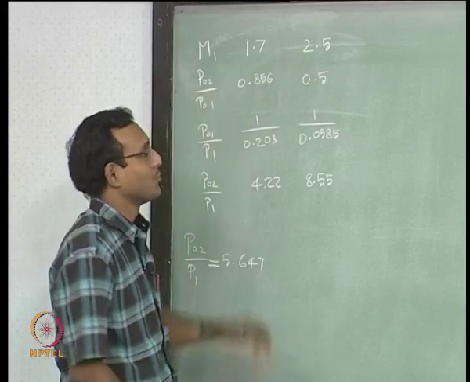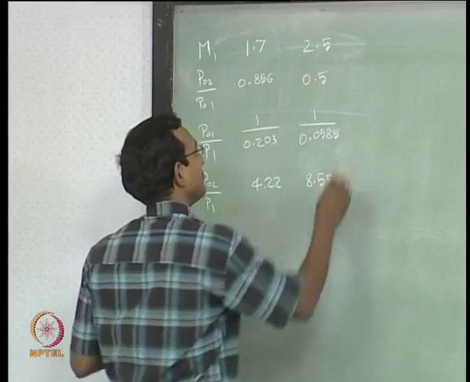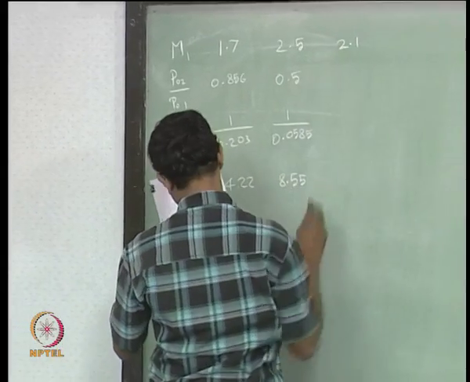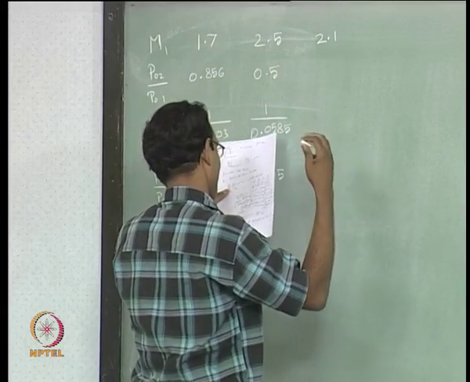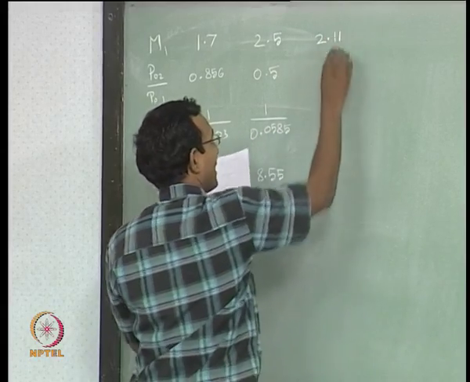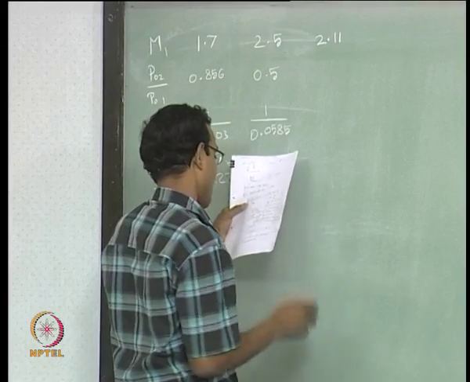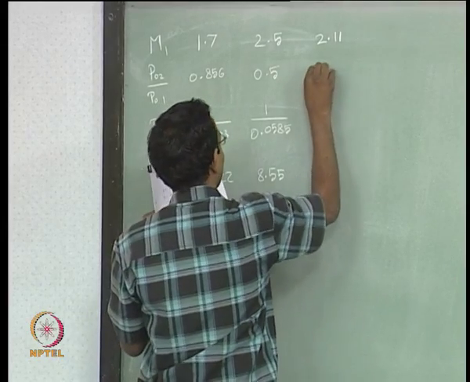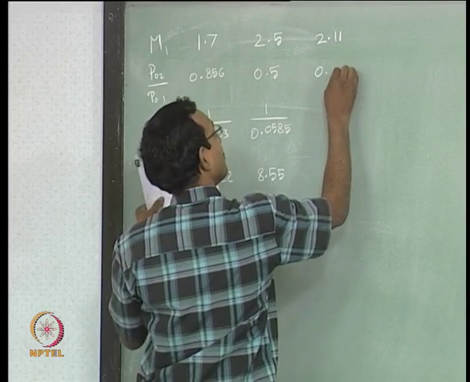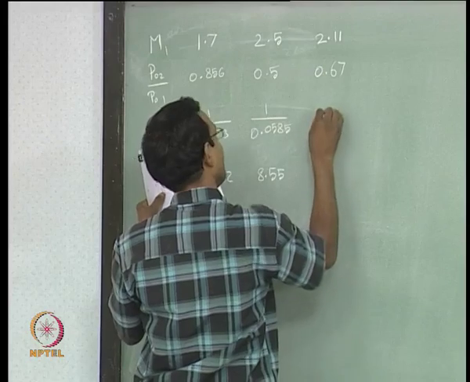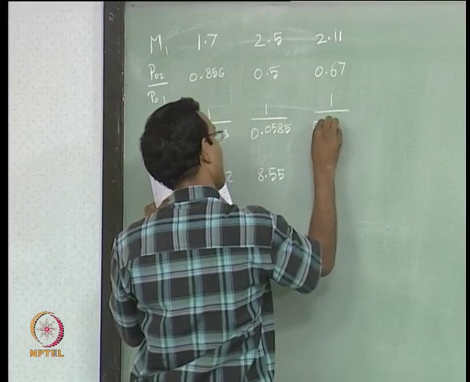So, it should be somewhere in the middle, but more close to this. So, let us say I will guess 2.1, so in here I have guessed 2.11, I do not know why, okay. To be correct I will keep it 2.11, I have interpolated also, so anyways we will do it this way, I am picking this number that comes out to be 0.67 and this one will be 1 by 0.108,